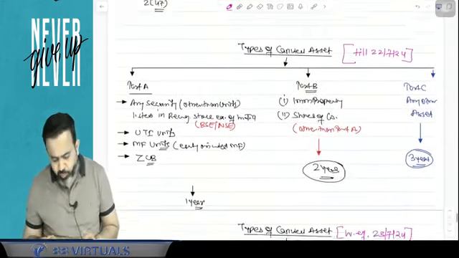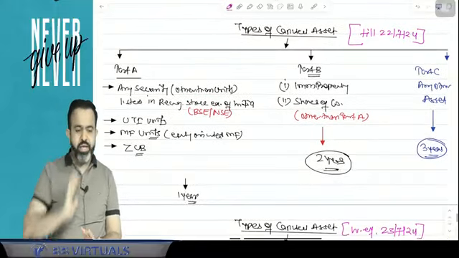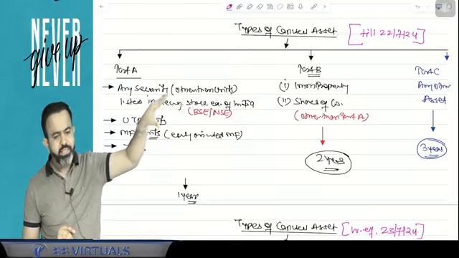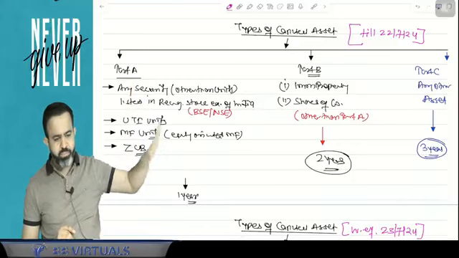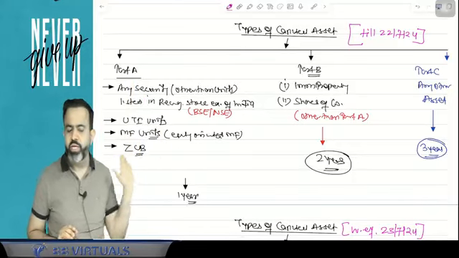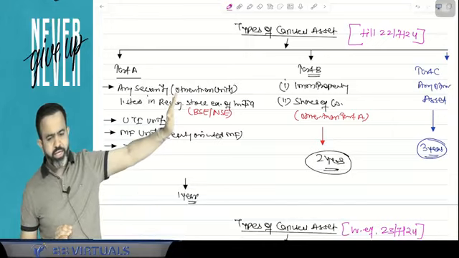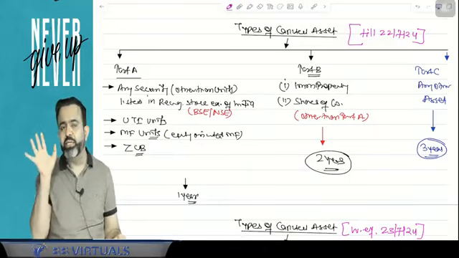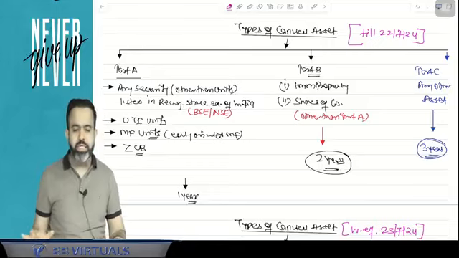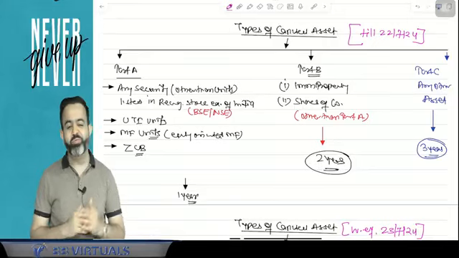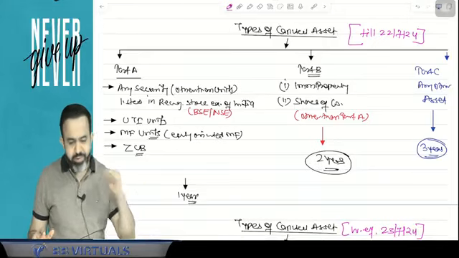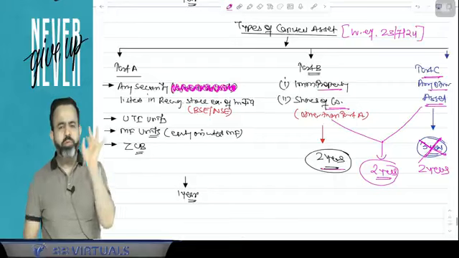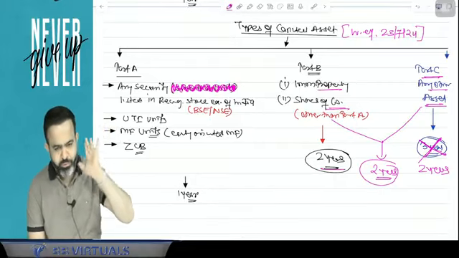But what was the definition before that? So the earlier definition was: in case of a security, any security listed in a recognized stock exchange in India other than units, UTI units, mutual fund units, equity oriented, zero coupon bonds, it was 1 year. Immovable property and unlisted shares 2 years, and all other assets were 3 years. Now guys, the 3-year time limit is removed by the lawmakers from 23rd, and this is a welcome step. We should be happy with that amendment, because it is a favorable amendment, because the period of holding has been reduced to 2 years. So now from 23rd of July 2024,